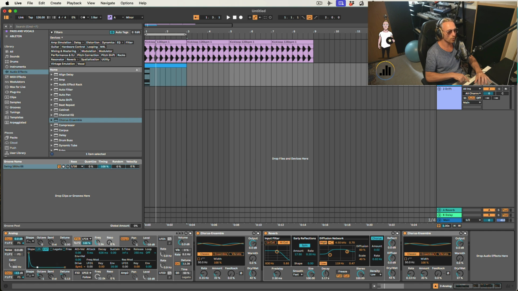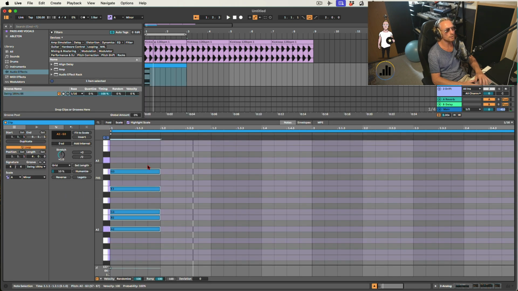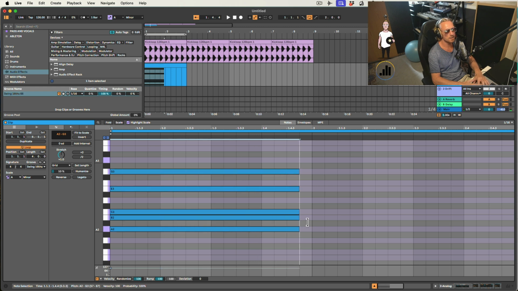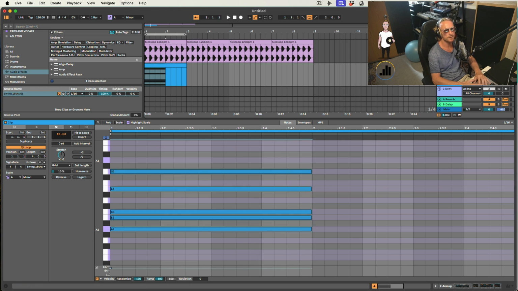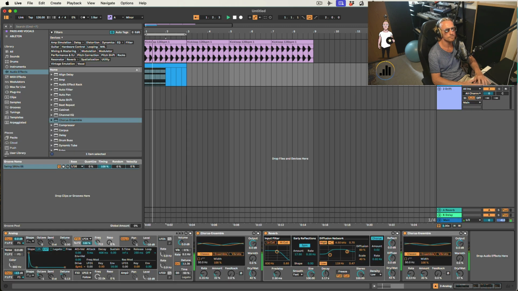So if I put the sustain all the way down, a very short, you hear wow, wow, wow, right? And if I make it longer, wow. If I make the note longer, you can hear what it actually does over time. Let me take the volume a little bit down here. Right, it goes down, and then it goes all the way down. If I have the filter like this,